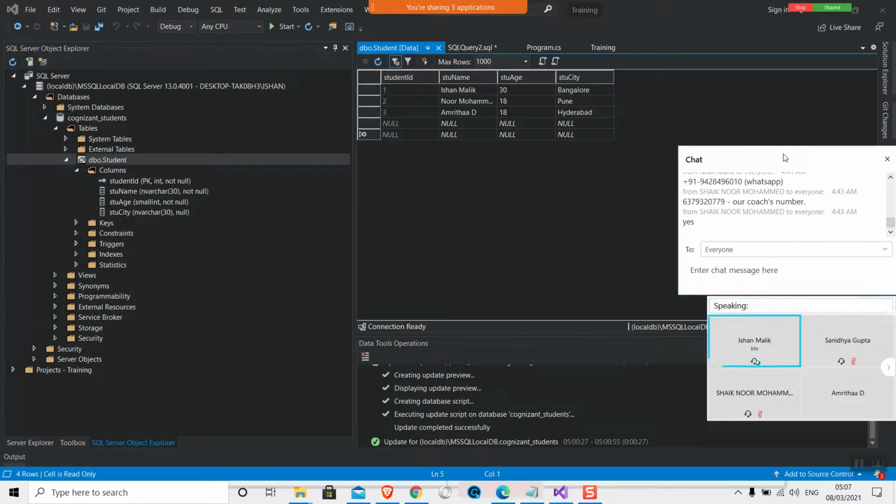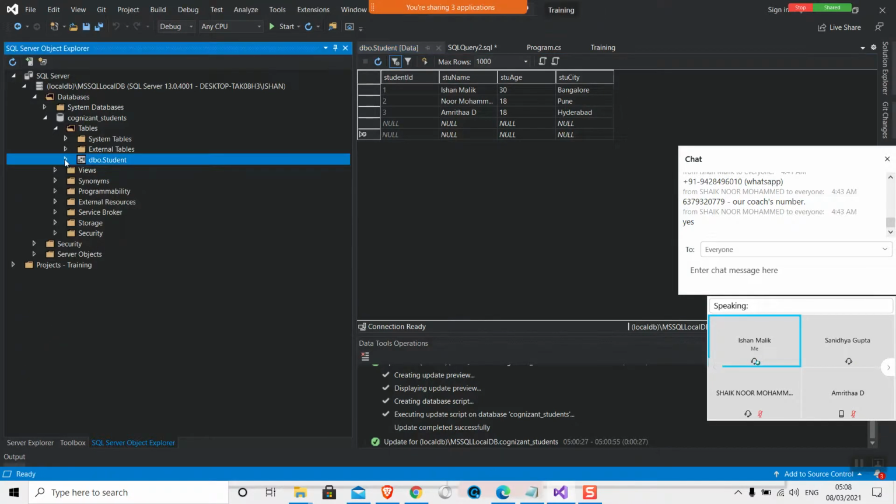Okay. However, we have not started connecting the server yet. We have only seen creating the database. And even if you have joined late, no need to worry. I'm recording the session, and I will provide you the video as well.